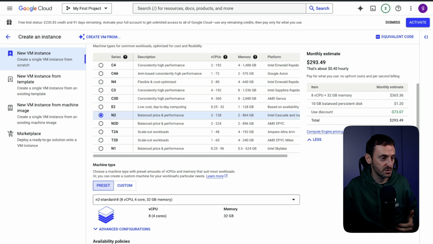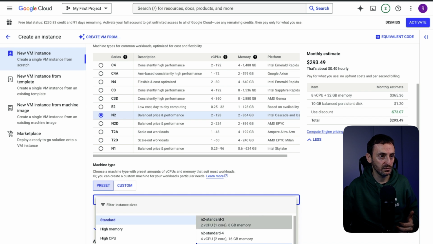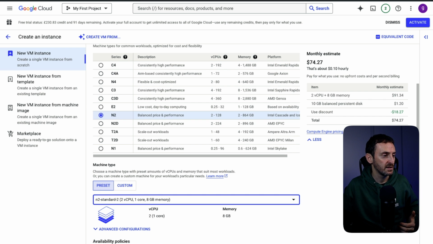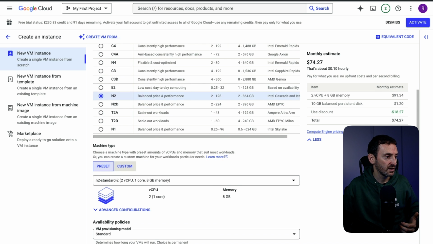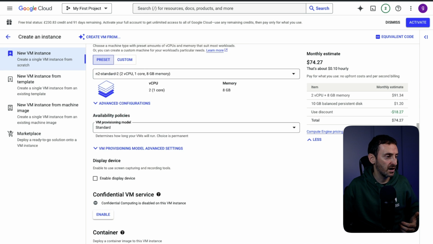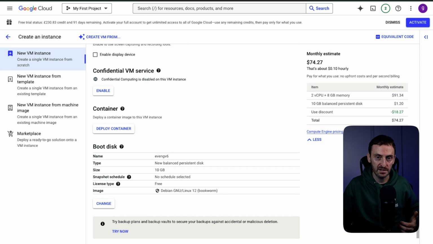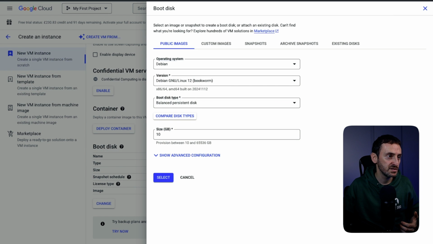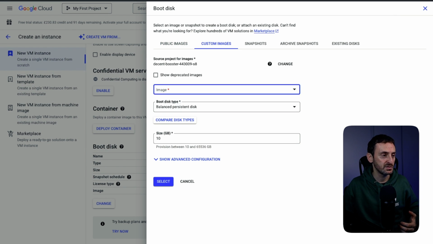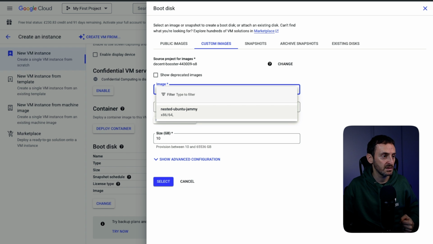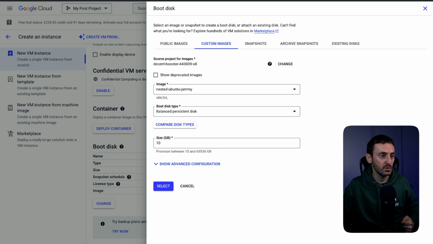For this lab, I'm just going to switch this down. I'm just going to choose the basic one because I have my server running local anyway. So choose that one. We're going to move further on down, and under the boot disk, as you can see here, we're going to click on change, and we're going to go to custom images, and we're going to choose the image that we just downloaded. So the nested Ubuntu Jammy, that's the one. Then under boot disk type,